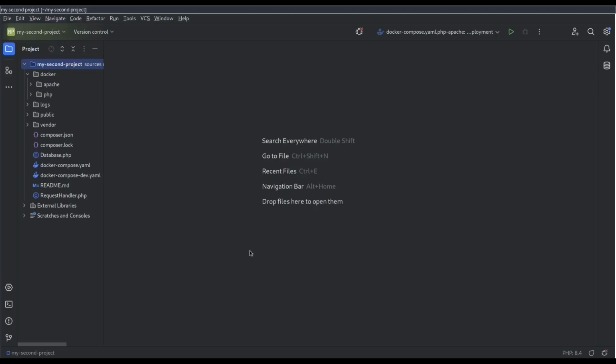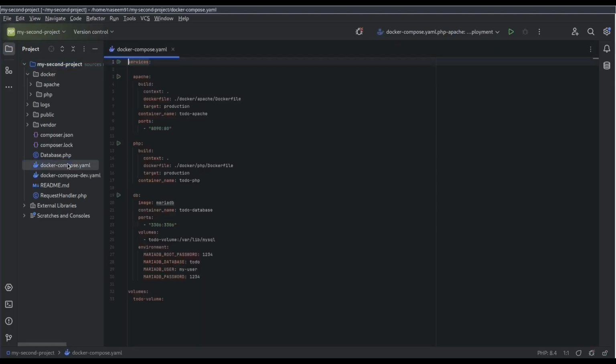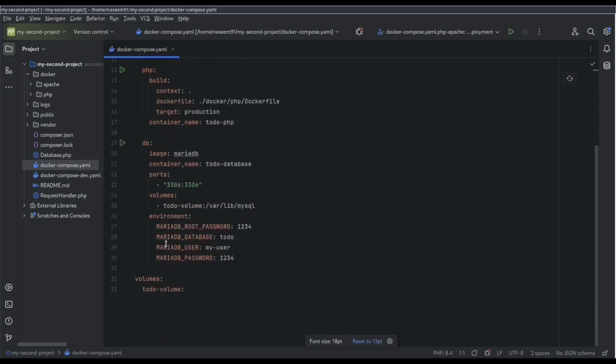Welcome back. At the beginning, let's modify the Docker Compose file and include phpMyAdmin. I will start with the Docker Compose production version. Let me zoom in and I will add a new entry. We're gonna call it phpMyAdmin. Step down and we will specify the image we're gonna rely on. So image,